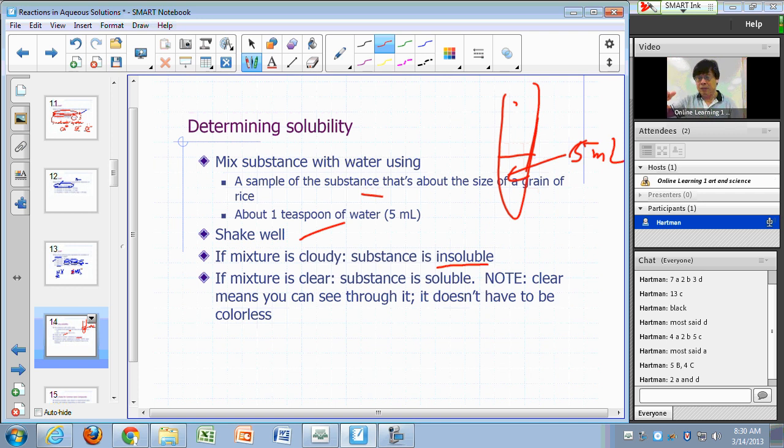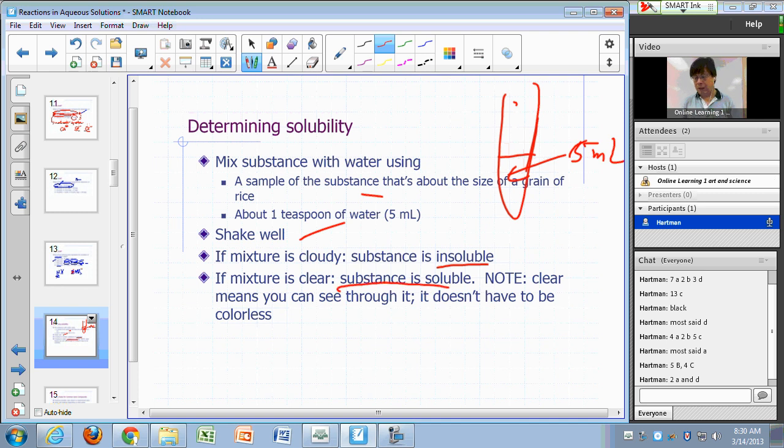If you let it sit, eventually that cloudiness is going to clear. Your substance, which is insoluble, is going to settle to the bottom of your test tube. So you have a substance that we would call insoluble in water. And keep in mind, when we say insoluble, we don't mean zero solubility. What we mean is very, very low solubility. Now, if you mix it with water and you end up with a clear, homogeneous mixture,